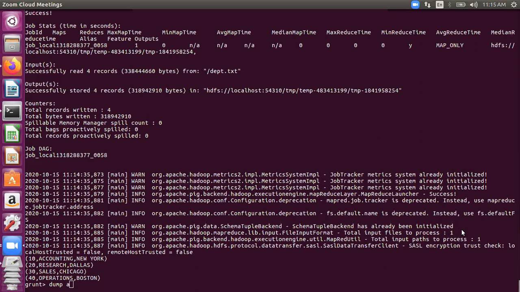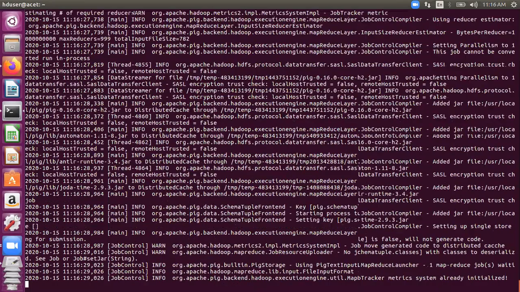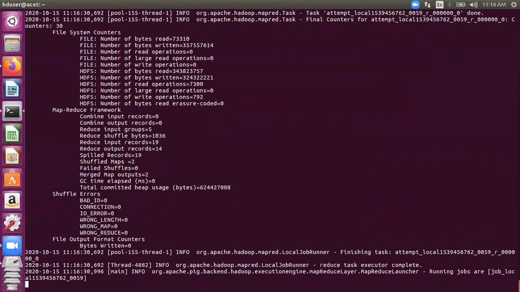Okay. Let's ask Prince. Prince, how many rows would be there? So 14. Yeah, 14 rows would be there because there are 14 rows in which department number is either 10 or 20 or 30. So they'll match with this department table 10, 20, 30. This 40 won't have a match, and the last employee is not having a department number. It won't be a match. So you can see the 14 rows with the exact information out here.